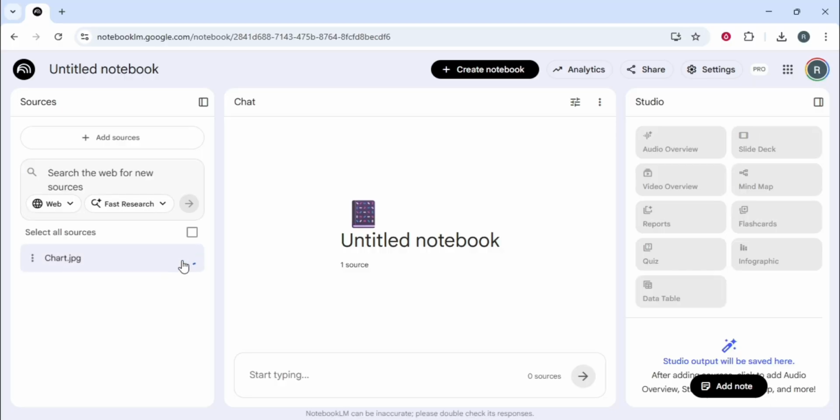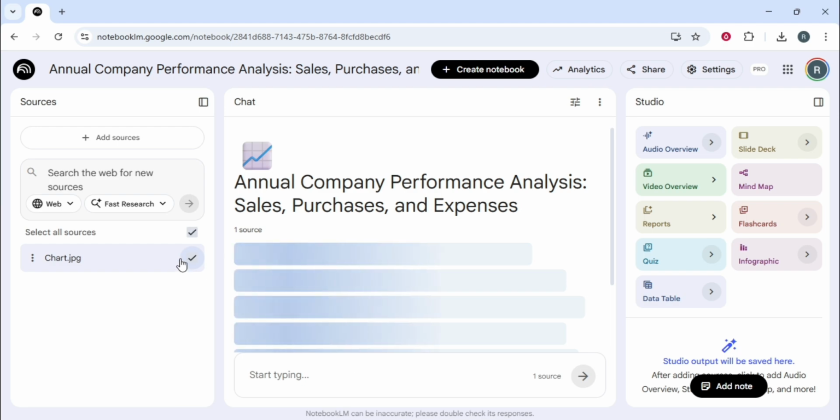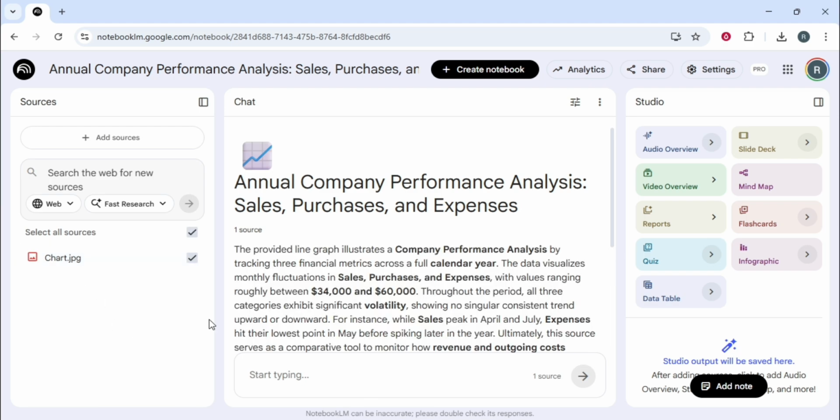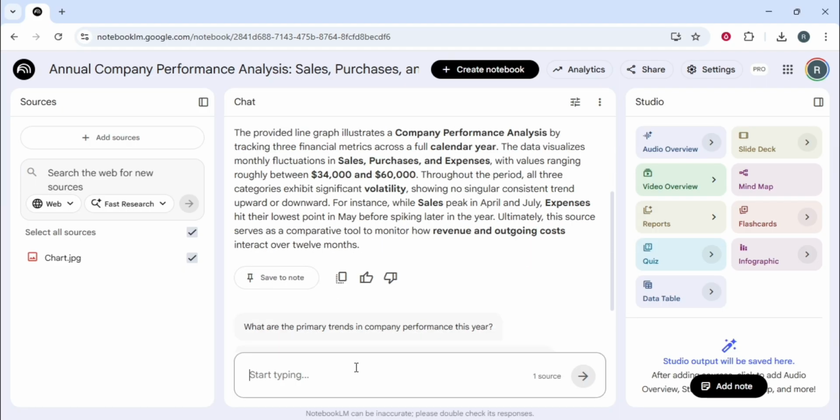I've picked a file named chart.jpg, and you can see it processing in the sidebar on the left. It's impressive how quickly it works. It actually renames the entire notebook automatically based on the specific text and data it identifies within the image. Now, I want a full breakdown of what's inside, so I type, Analyze the image, into the chat bar and